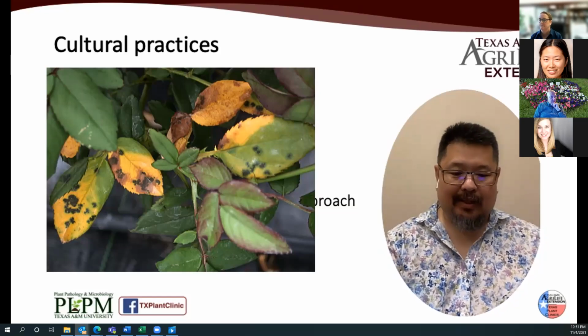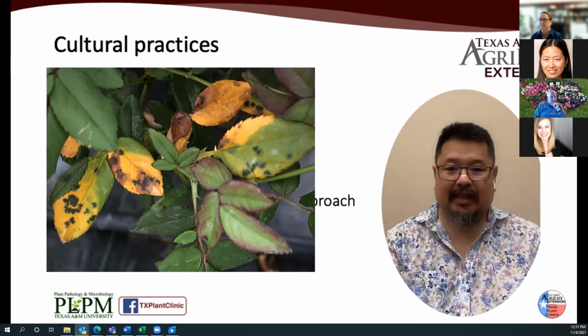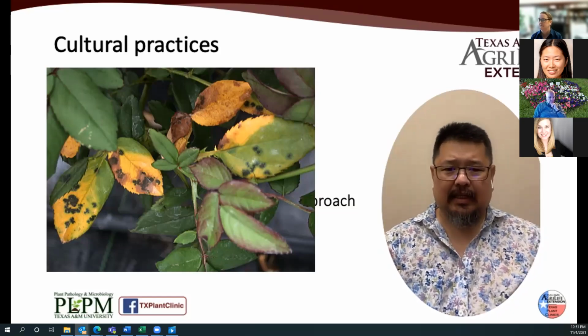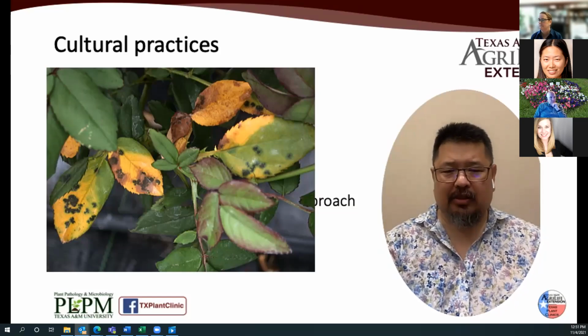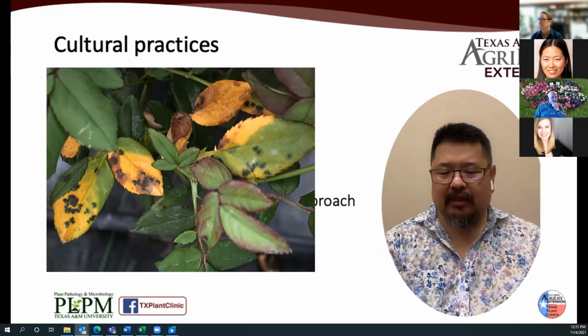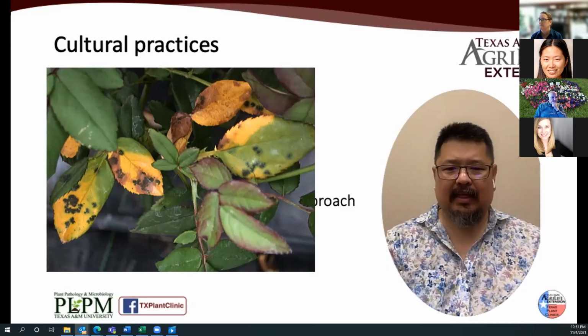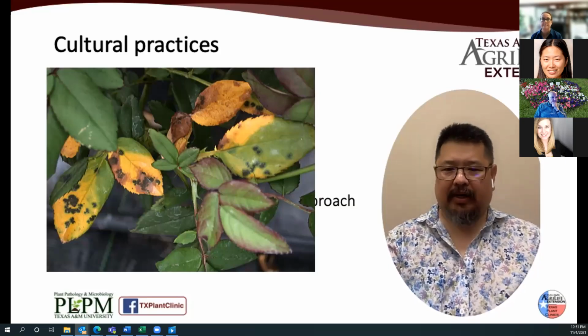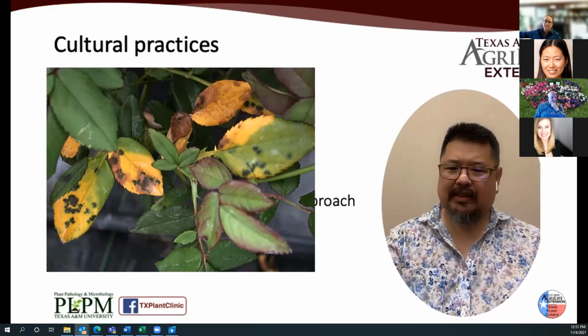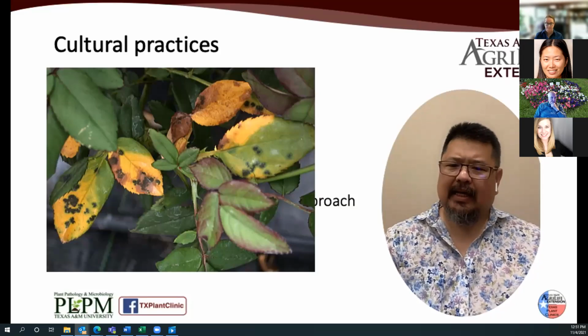So a cultural practice there would be something as simple as sanitation, cleaning up the garden and essentially getting rid of potential new sources of infection propagules. Now, keep in mind, as you do this through even the winter months or even the summer months, it's a good common sense practice, because it reduces, especially on disease which we call polycyclic disease, that has the ability to produce more of itself and cause damage or new infections within that same growing season,